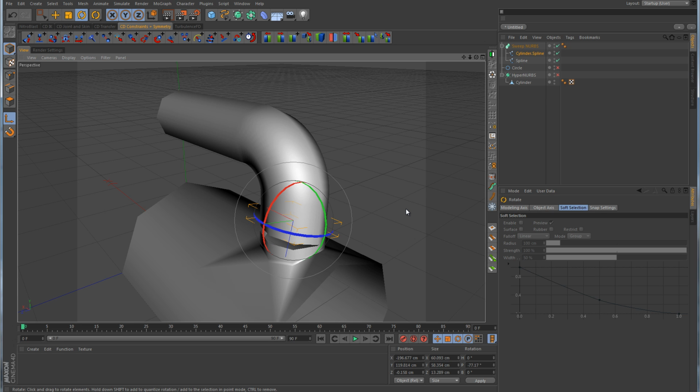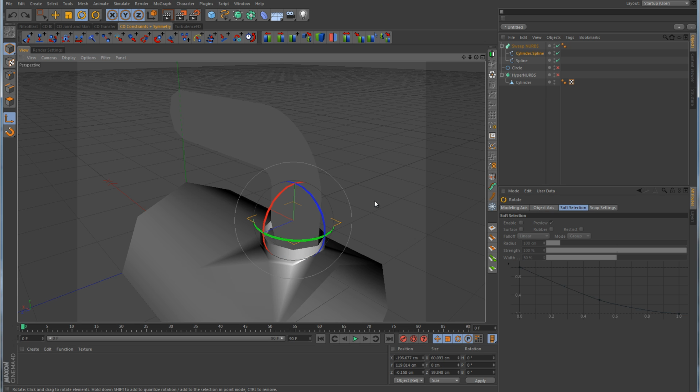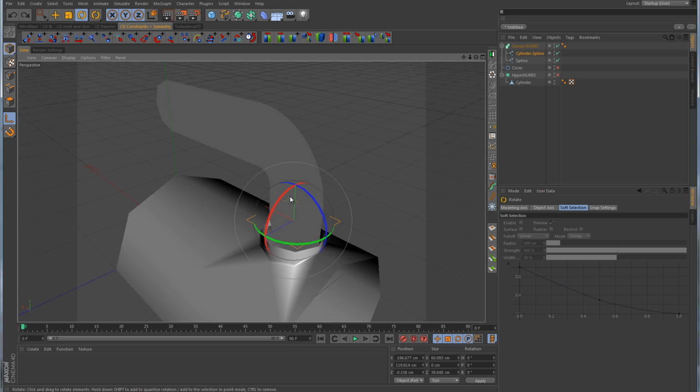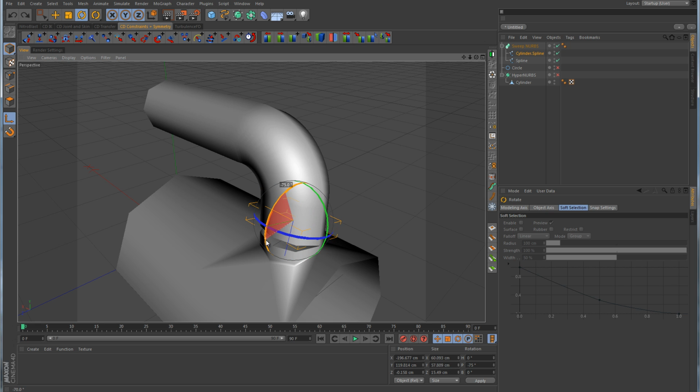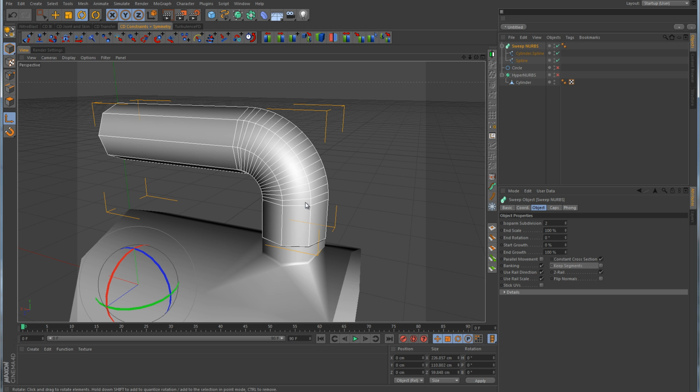Okay, so I'm just going to undo that to go back to where it originally was, and I'm going to click on the rotation handle, then hold down Shift, and I'm going to rotate that over till it hits 90 degrees. Now we can click on the SweepNURB, and we can see that we've got way too many subdivisions